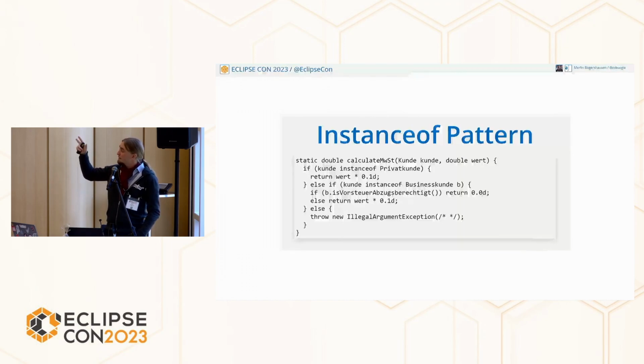The business Kunde B, the variable B, is only accessible in the branch where it is matching. So in the branch where it is true that this is a business Kunde, so it is the next two lines. That would be the scope of B. They are combinable with not and and, but that gets really messy, don't do that. At the moment it will be better in the next few years with Java, hopefully, but don't do that right now. Okay, we now have solved the problem with the class cast exception.